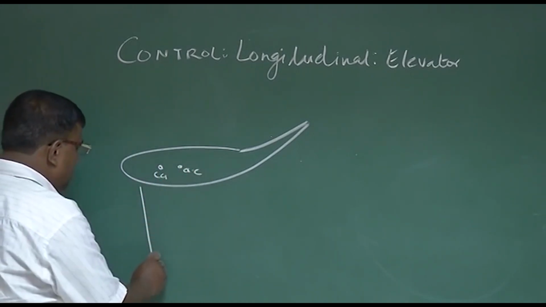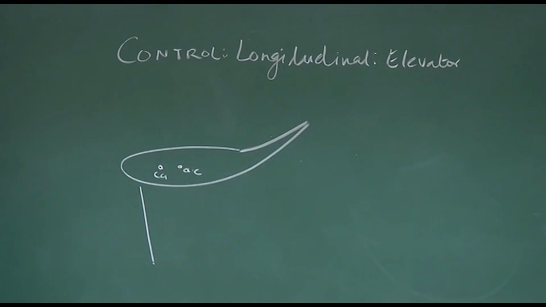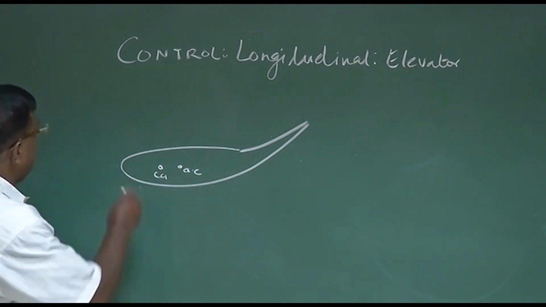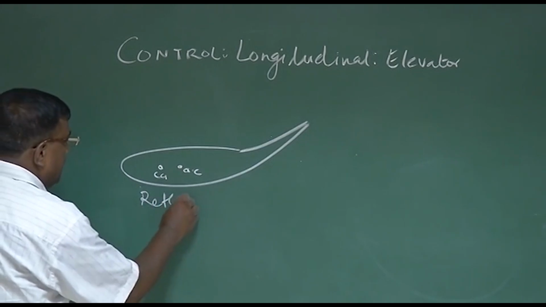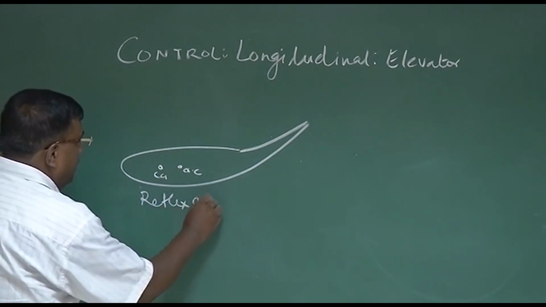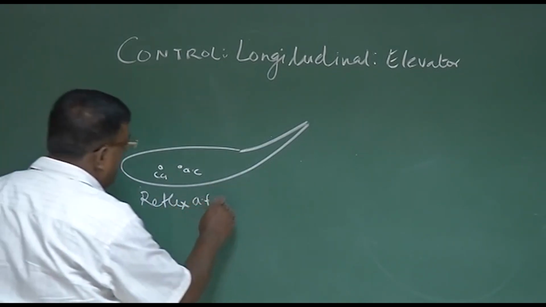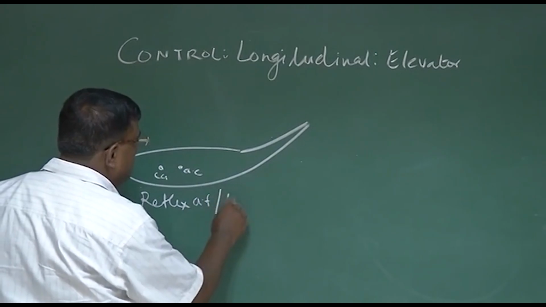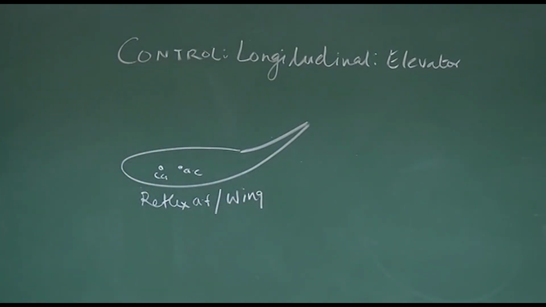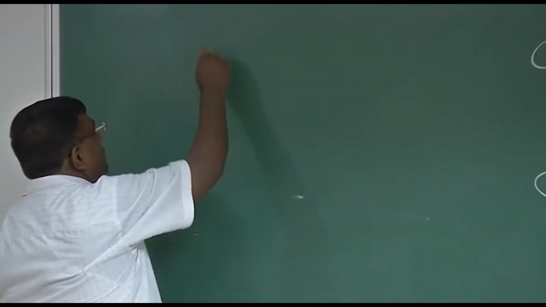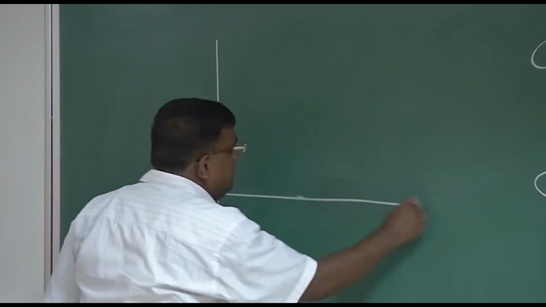So if I draw this, it is a reflex aerofoil. Of course, what we mean by that is it's a flying wing having a reflex aerofoil. Take the cross section, it has a reflex aerofoil. If I plot CMCG